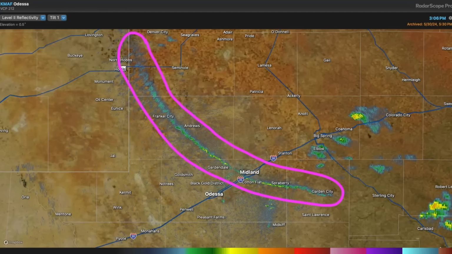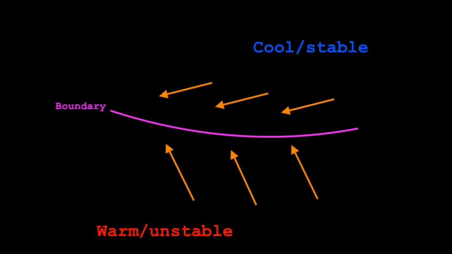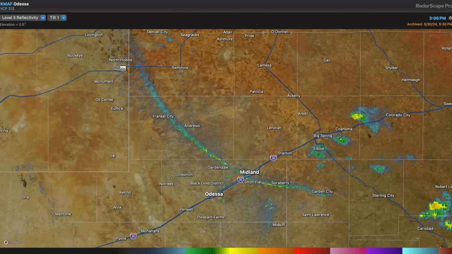reflectivity as fine lines, even though the boundaries themselves don't produce precipitation. This is a product of the fact that winds generally come together or converge along boundaries. As winds converge along a boundary, so do particulates, dust, water droplets, bugs, etc. These conglomerate, and the radar beam detects this increased concentration of particles, forming a fine line that demarcates the boundary's